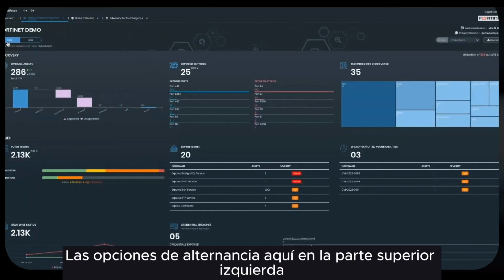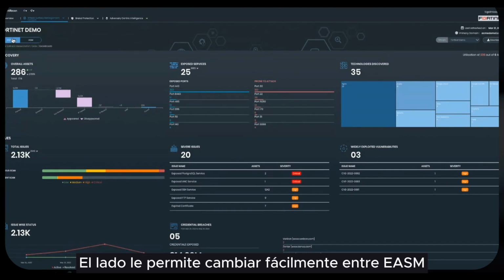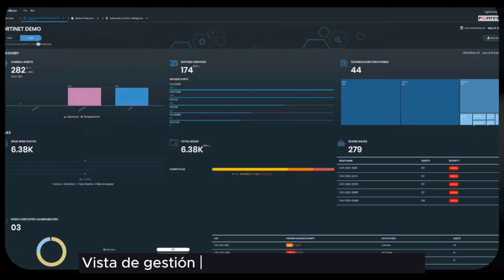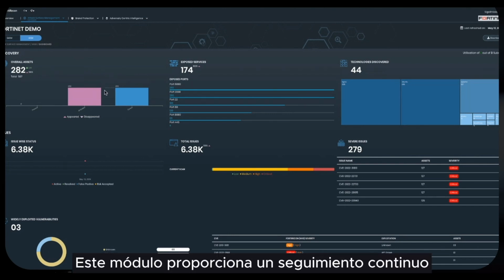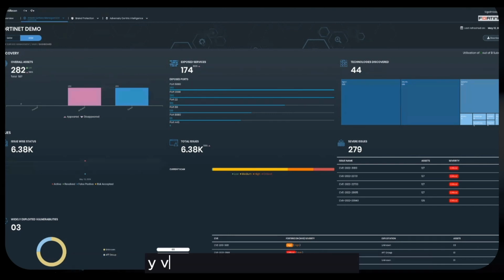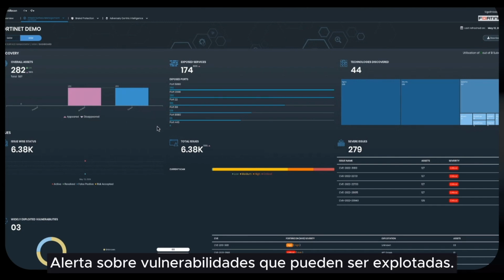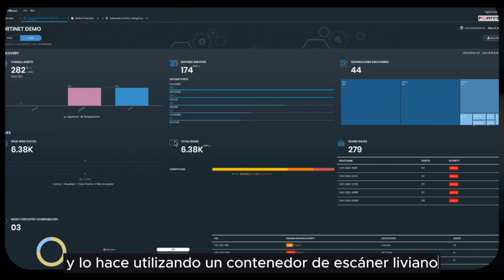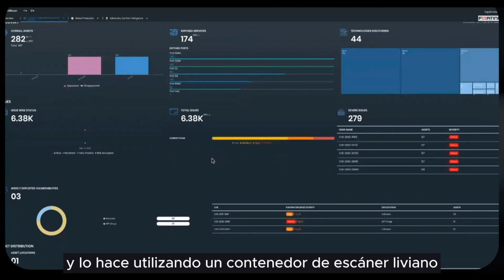The toggle options here, on the upper left hand side, let you easily switch between EASM, the external attack surface scan, and the ISM, internal attack surface management view. These modules provide continuous monitoring and visibility into your internal network. It alerts on vulnerabilities that can be exploited for lateral movement, and it does this using a lightweight scanner container